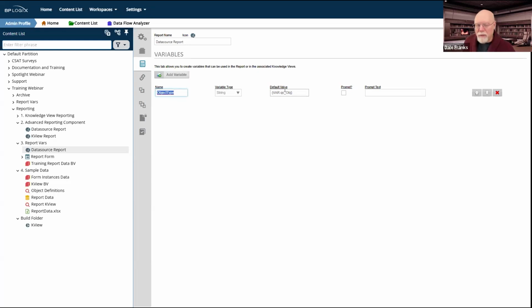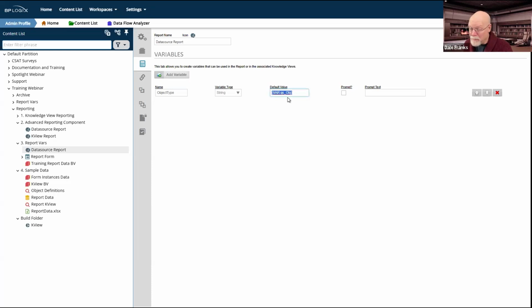Now I have a couple of different choices about how I want this variable to work. In this particular case, I am passing this variable from an external form, as we just saw. And so I need to know what that value is that I am passing to it.